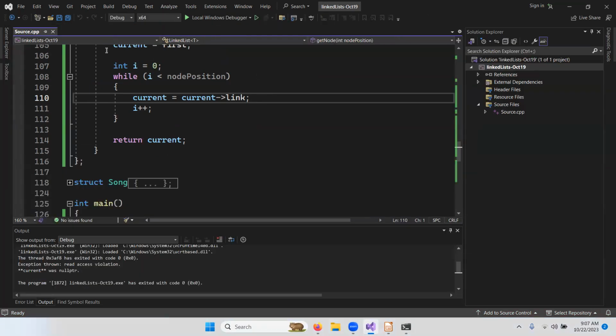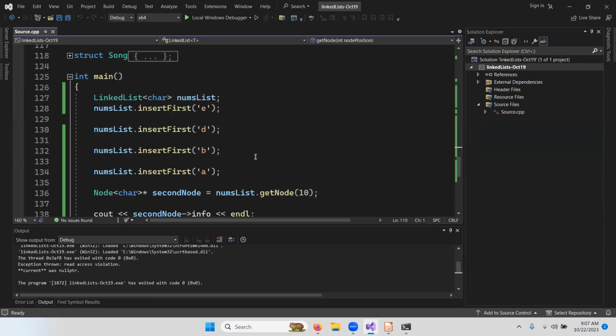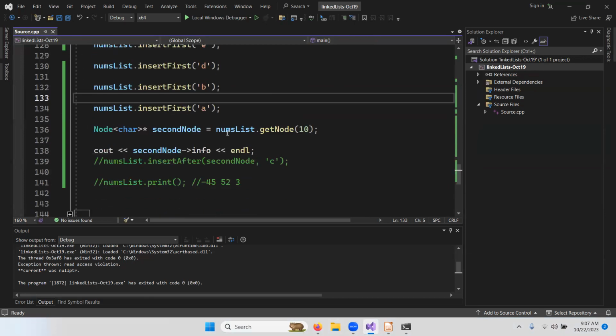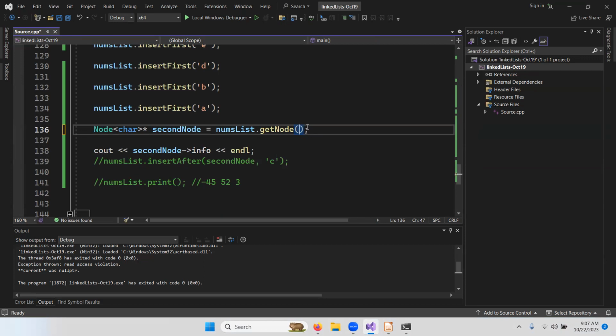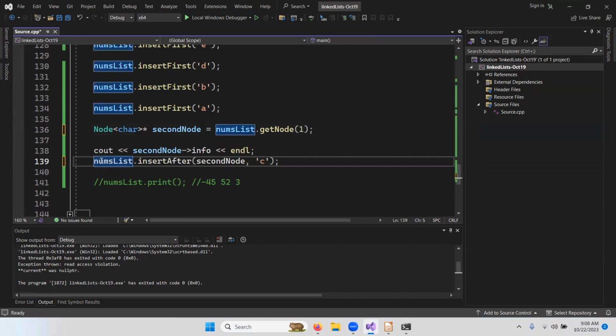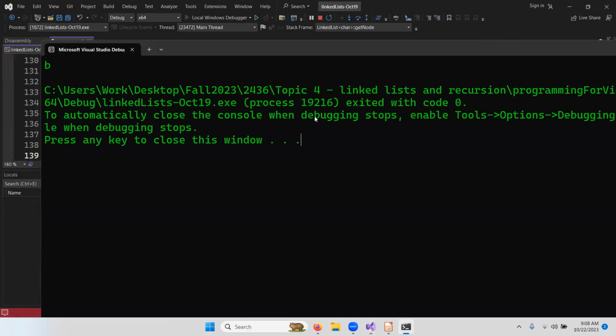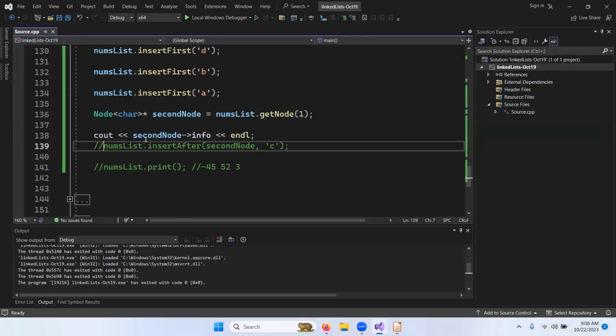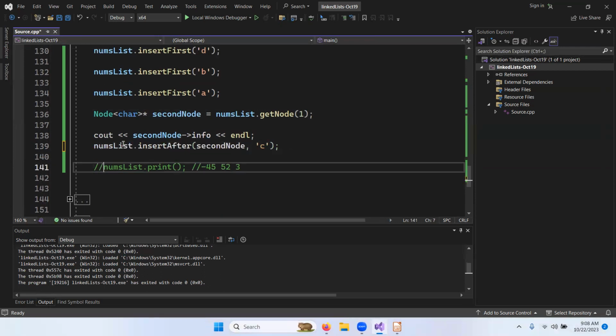An intentional error. Okay, so second node, let's change this to the appropriate value, which is 1. Now we want to insert after the second node. Just one more time, let's verify that that's B. That's where we want to insert that. Okay, B. All right, and now we call insert after second node, we insert the value C, and we want to see A,